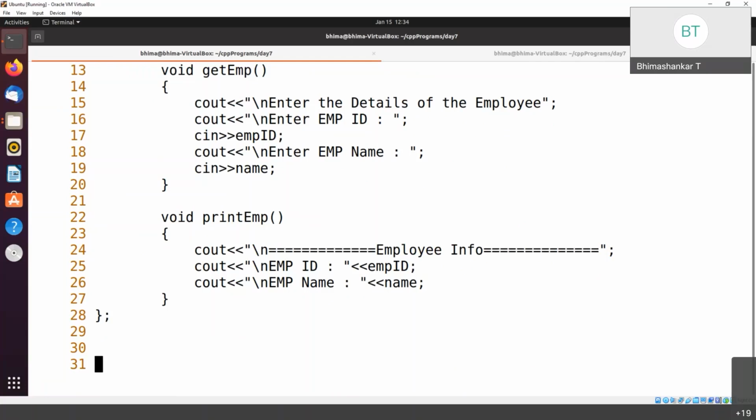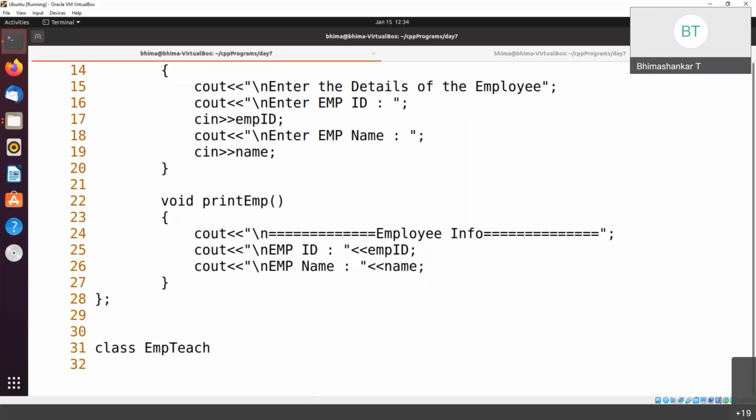So we will define the teaching class now: class emp_teach, and definitely that is inherited from